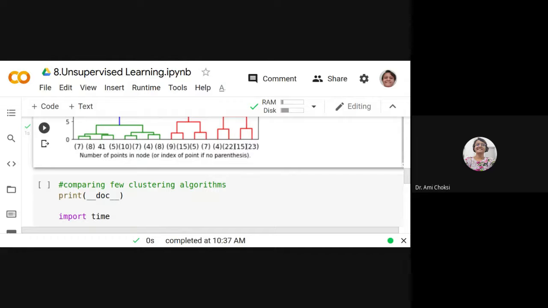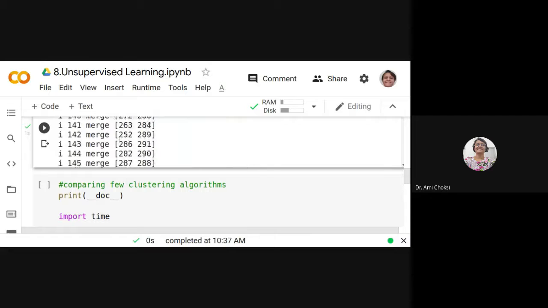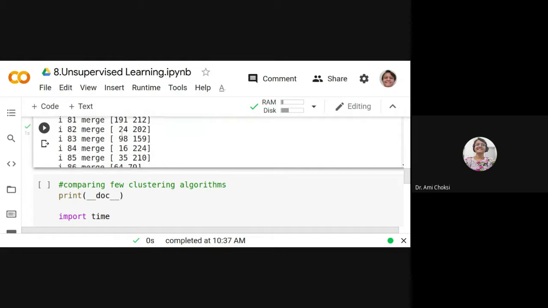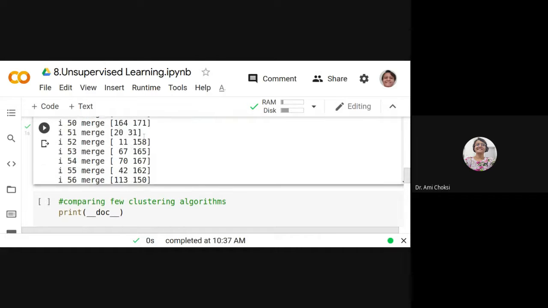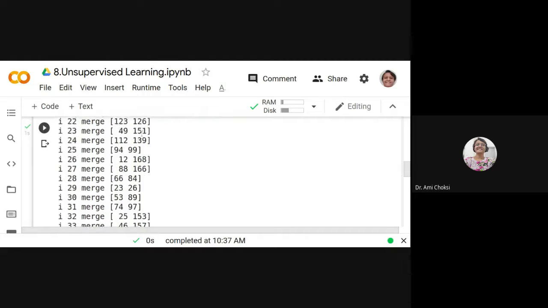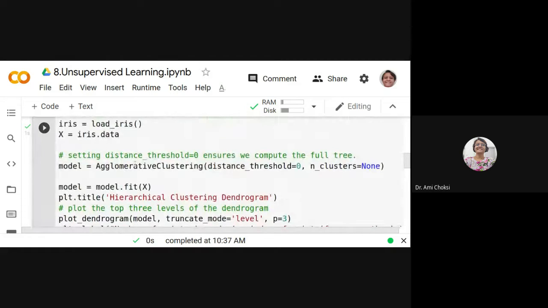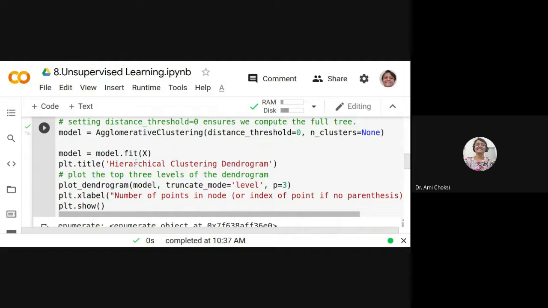At that point, we have the merge data. If you properly calculate this example with pen and paper, you can understand that very easily. Otherwise, you cannot have the idea.